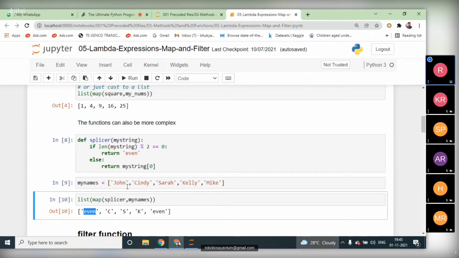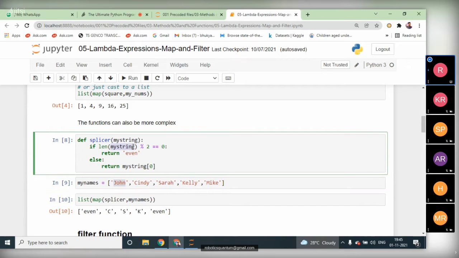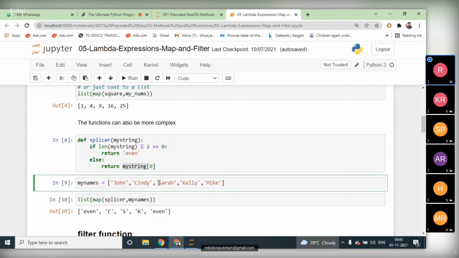See, in John we have 4 letters, 4 characters. That means the length of the first string, John, is 4, which is even. So when the length of the string is even, it will return even. When the length of the string is odd, it simply returns the first character of the given string.